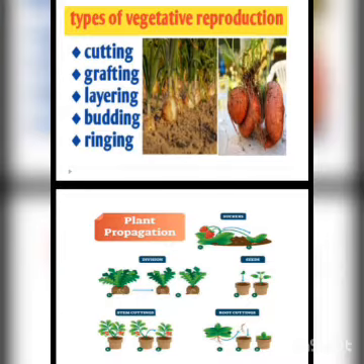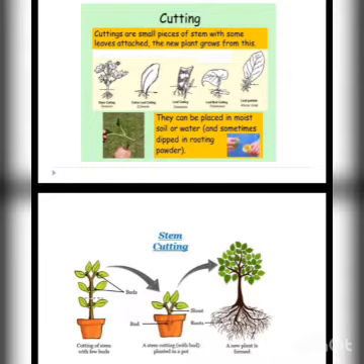The second way of vegetative propagation is layering. Layering means the forming of roots when a stem comes in contact with the ground, which further can grow into an independent plant. Means in it you have to pull the stem of a branch and then dig or put soil on this layer of the plant. After some days the roots will start growing from this stem, and then a new independent plant will form.